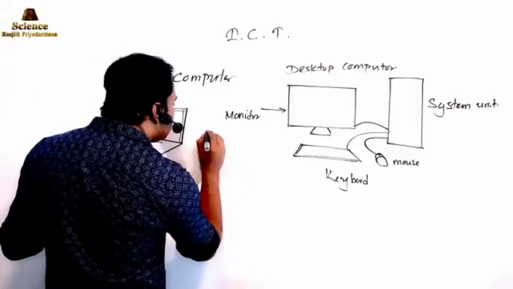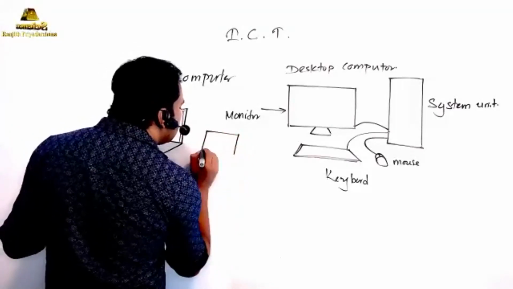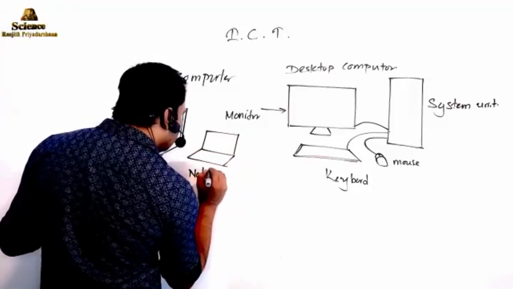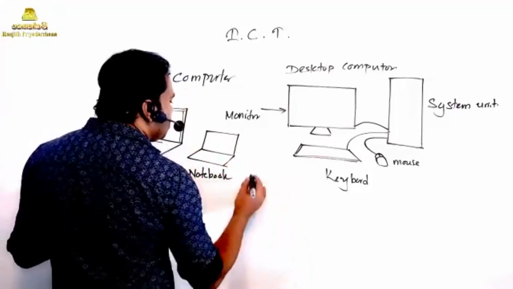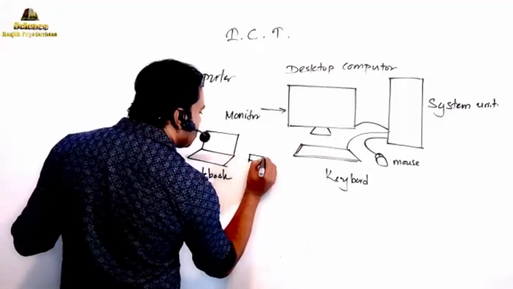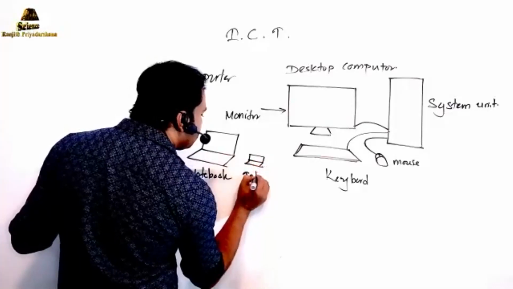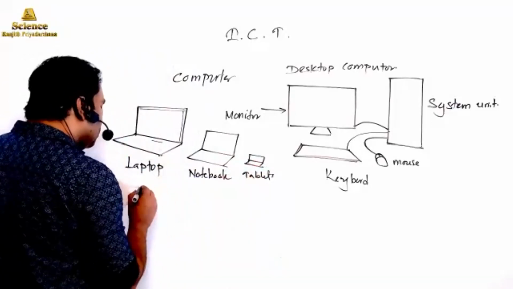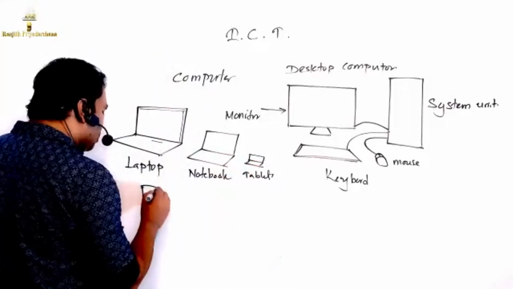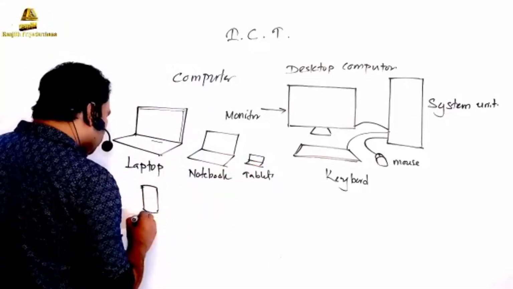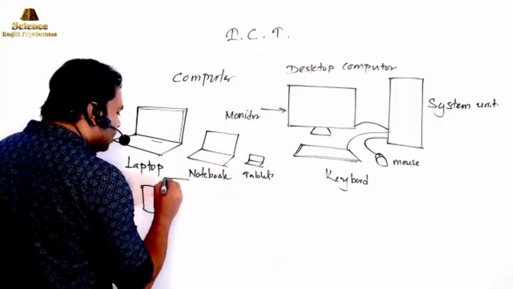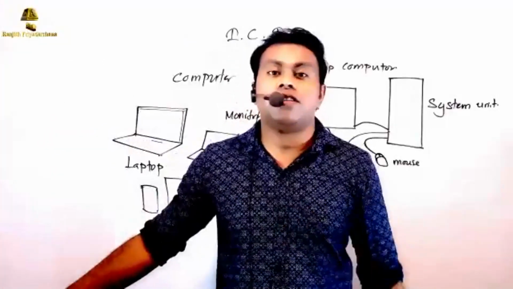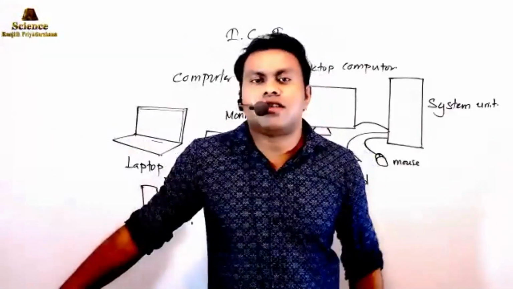Yes, sometimes you use tablet or notebook computers. Notebook. Yes, sometimes tablet. Yes, as mobile computers, mobile phones, you're using Android OS or iOS using mobile phones, and sometimes large tabs you're using. So these are the computers you can visually identify there's a computer here. Okay. But in new